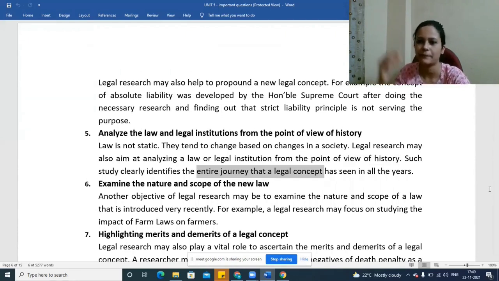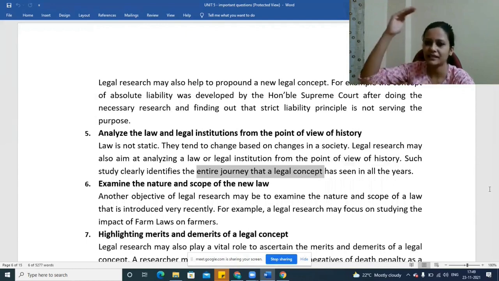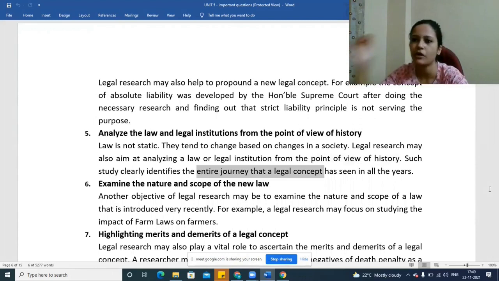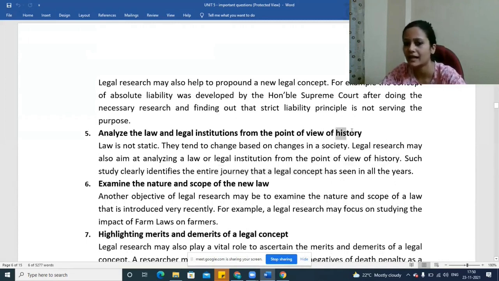After that, what all cases happened? And at present, what is written in Article 368? That means you are studying this entire history of Article 368 from starting till date. That can again be a research which will help you understand the value of this doctrine of basic structure. Like how clever was that decision, Keshavananda Bharati. How will you understand it? By studying the history of this entire article. Okay, is it clear? Yes, ma'am.